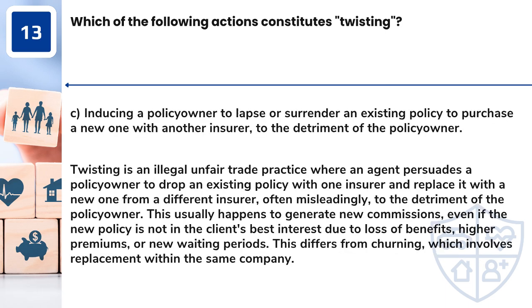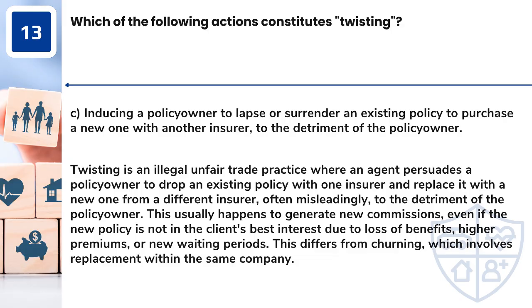Answer: C. Inducing a policy owner to lapse or surrender an existing policy to purchase a new one with another insurer, to the detriment of the policy owner. Twisting is an illegal unfair trade practice where an agent persuades a policy owner to drop an existing policy with one insurer and replace it with a new one from a different insurer, often misleadingly, to the detriment of the